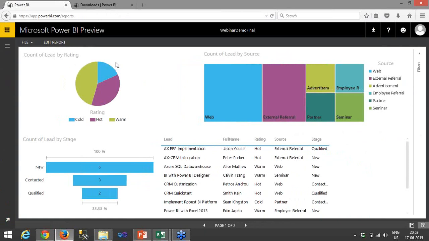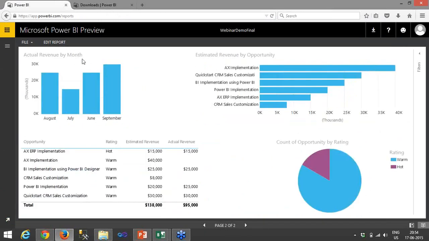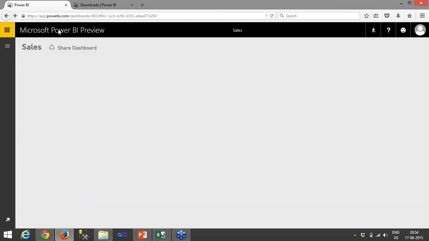I want to view this information on the dashboard which I have created with the name sales. So here I have an option to pin it to the dashboard. I'll click on pin. Similarly, I'll click this as well. Pipeline for different leads, then actual revenue by month, estimated revenue by opportunity, and okay.